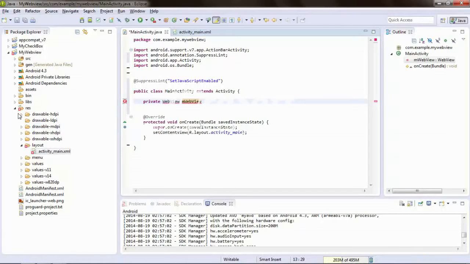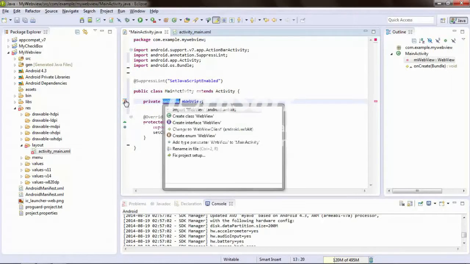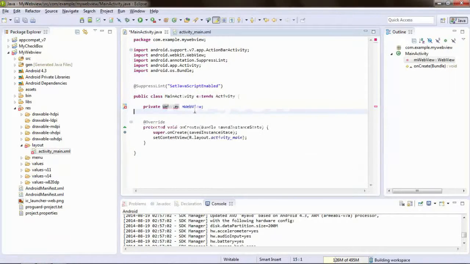Then after that, we must import our WebView in android.webkit.